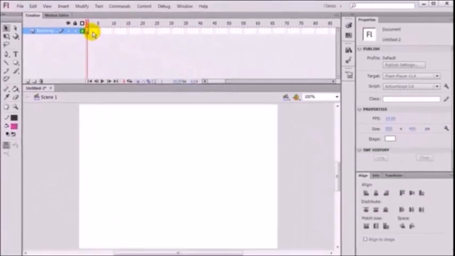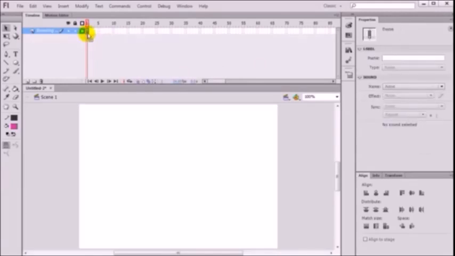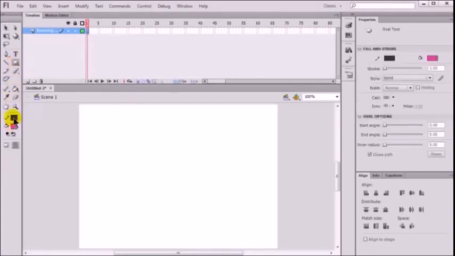Children, we are going to do a bouncing ball. For that, we have to set the properties of size and the number of frames per second. Then in a blank screen, go to the frames bar and select it as a keyframe. The first frame is selected as a keyframe. After that, choose the oval and choose the color and draw a small pink ball.